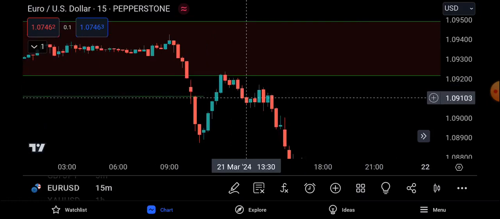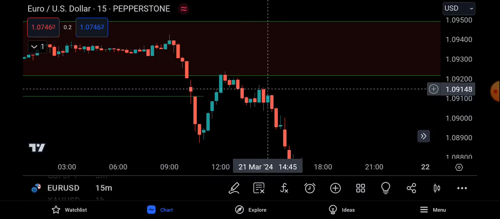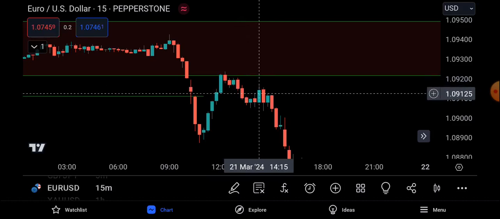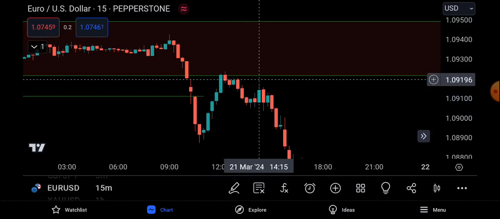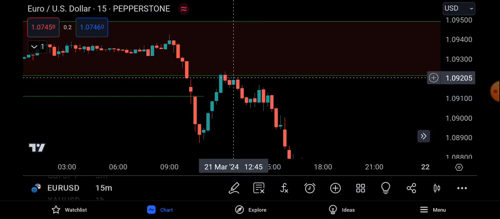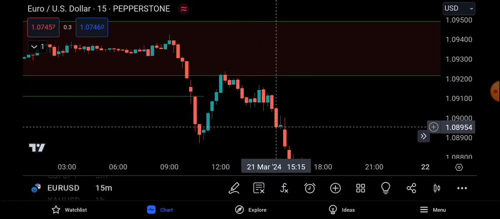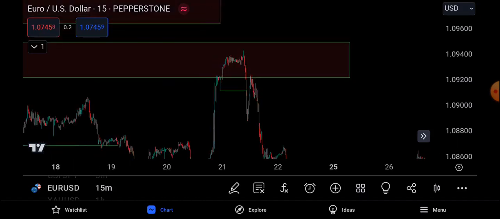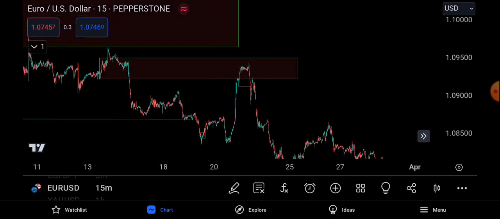And then we have a fair value gap right there. We do close into it fully, but we do tap into another block right here. So I could have either sold here and put my stop loss above this order block right there, and then price falls to the downside. That's how you would potentially look to get entries on price. Okay,